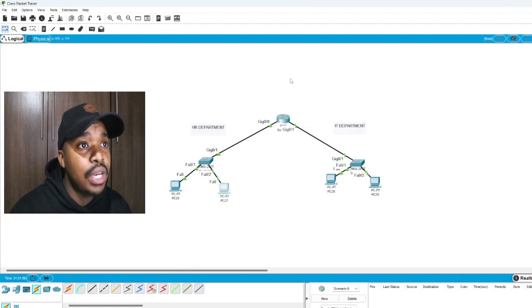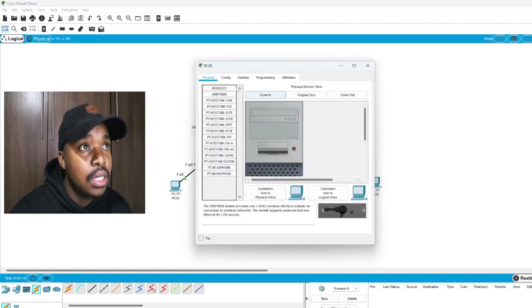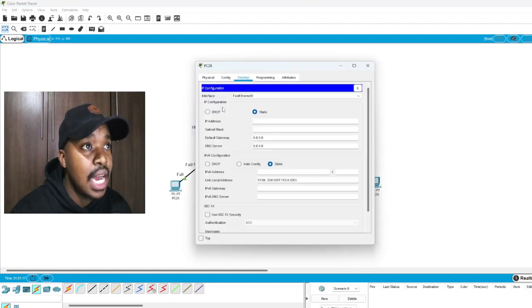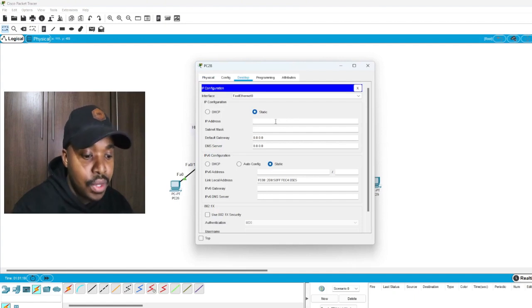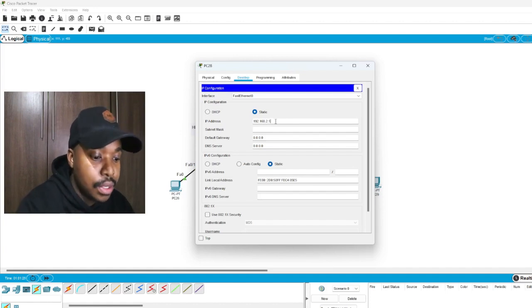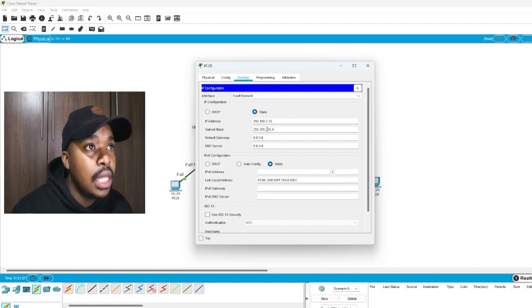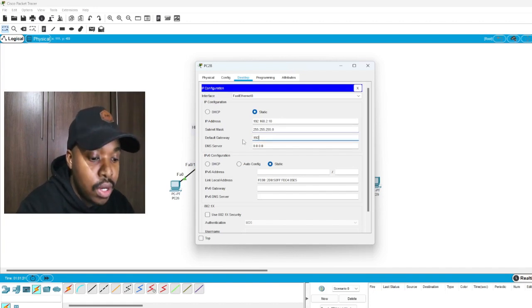And then now we are going to actually configure the IT department's devices, which are the two PCs. So we're going to do the same on this side. IP address is 192.168.2.10, and then we are going to configure the default gateway, 192.168.2.1,